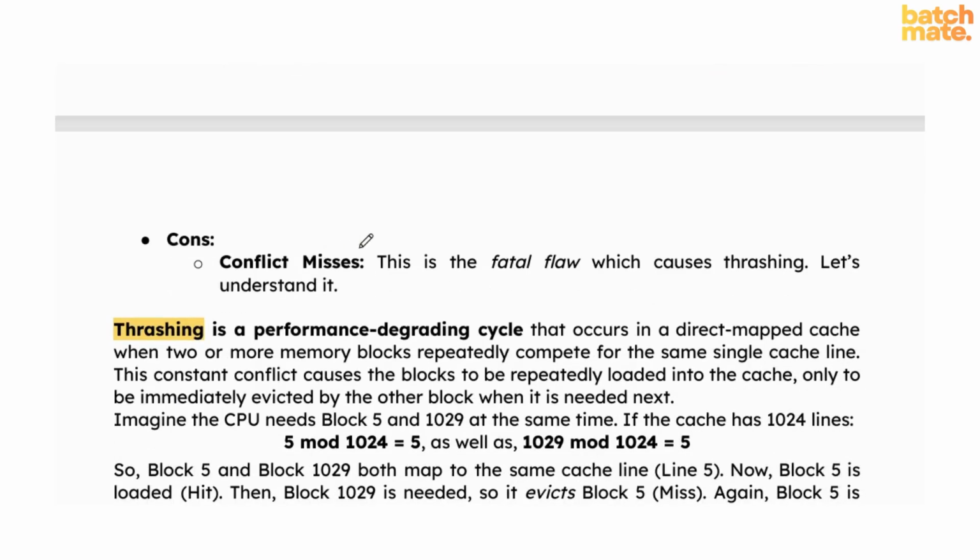But what happens if another student arrives and he is technically assigned the same desk too? He will kick you out, and then you will kick him out to get the seat. This constant fighting over the same seat keeps going on. Now, this is the disadvantage here. Look carefully. This is the conflict misses, which we talked about earlier, and this is the fatal flaw of direct mapping,